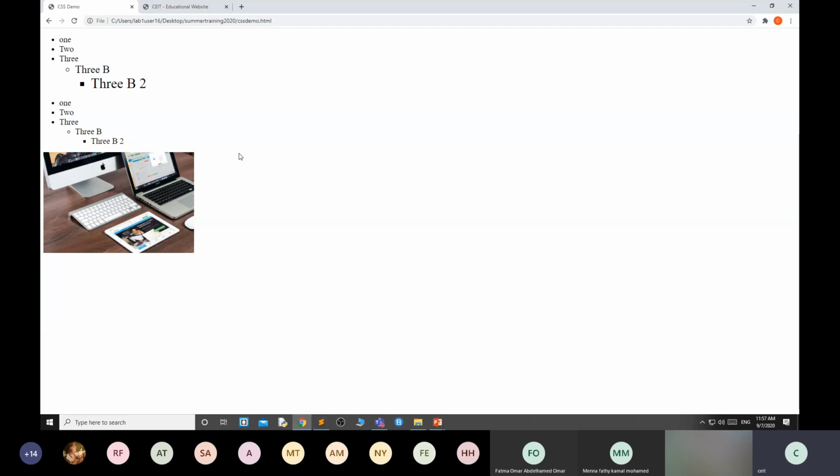And remember, there are no hard and fast rules that you should use these units. It again depends on you which unit you want to use for your designing, because no one is going to see your code. Everyone is going to see the output. If it looks good, then it's okay.